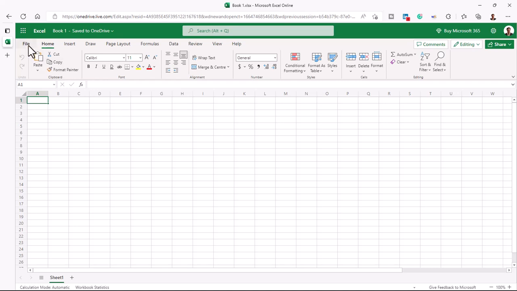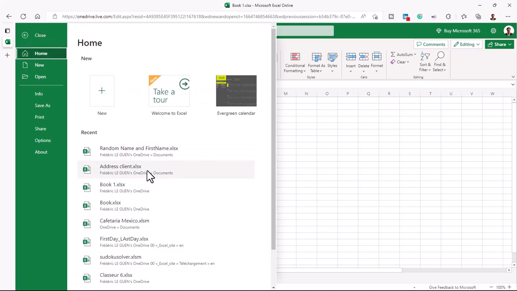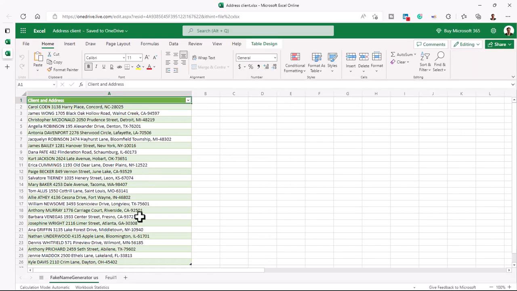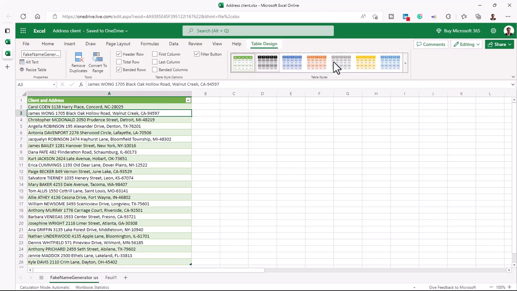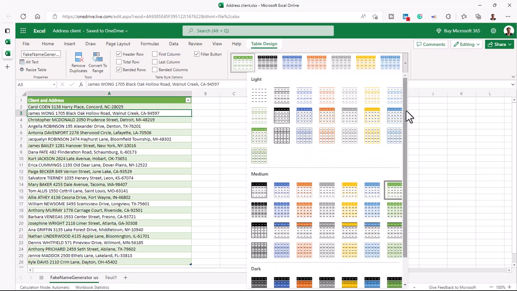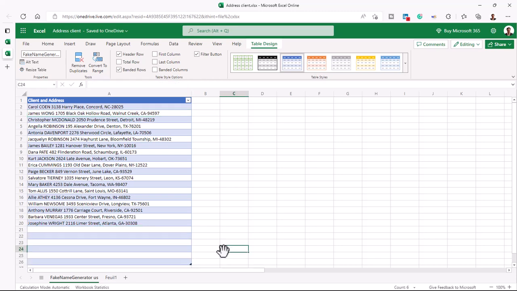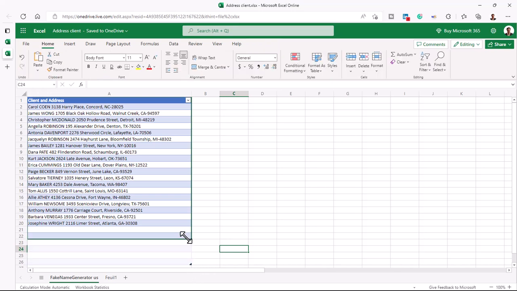So for instance here, if I want to open a previous file, like this one, you can see that I have a table with the name of my client and also the address. And because I am inside a table, I can select any cell, go to the Table Design tab and change the format, like for instance, this one. So you see, it's exactly like in Excel. Also, what I want to do here is to remove this row. Okay, and I can resize my table very easily,